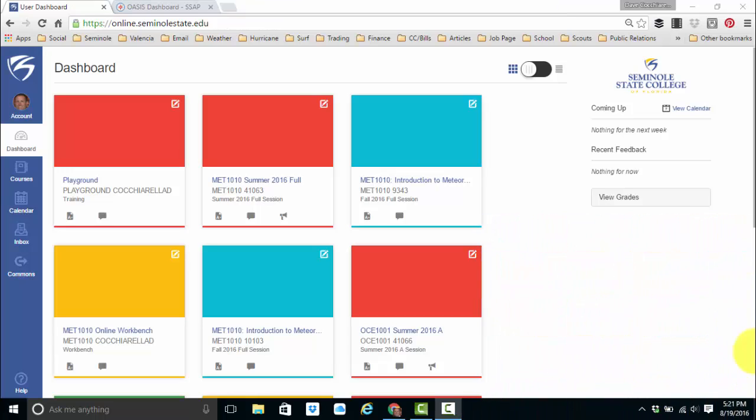Okay, so this is the Seminole State Canvas dashboard. Yours probably looks very similar. Just for this introduction podcast, I'm going to use my Introduction to Meteorology online course. Again, it's all similar whether you're in oceanography, earth science, and really whether you're in an online course or a hybrid course. In the hybrid course, the only difference is that you are going to come to class for part